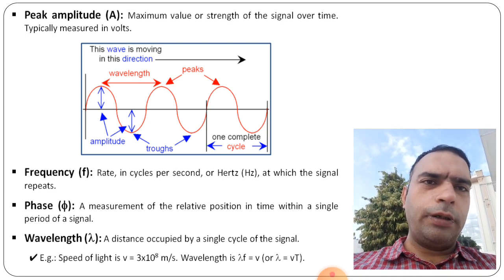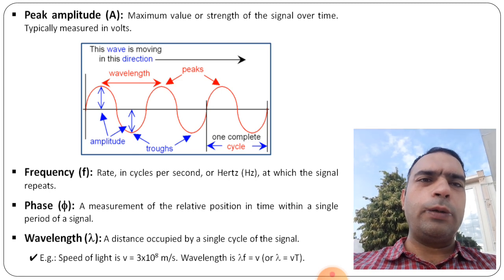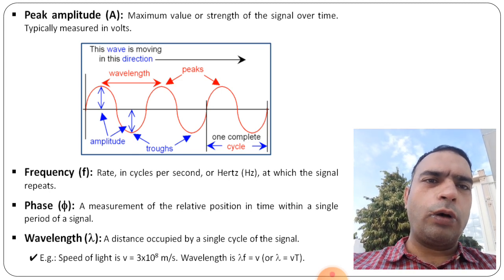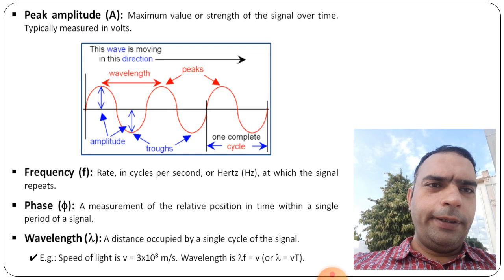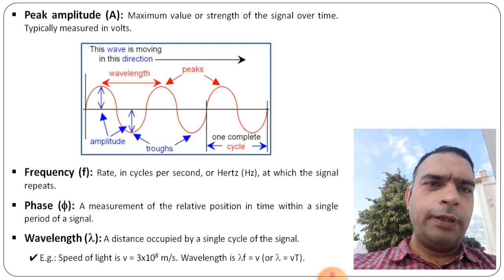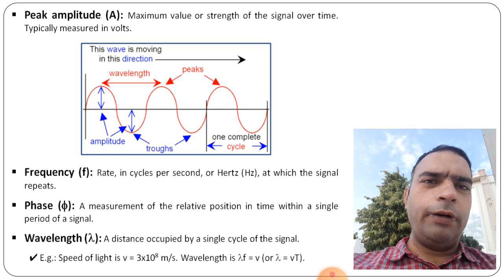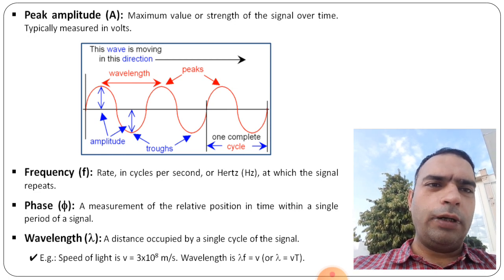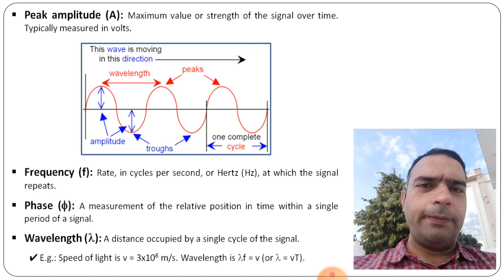And the lowest part, just as the highest part is called the peak, the lowest part we call troughs, right. And when one wave of a particular wavelength is complete, that is called one complete cycle, we can say.